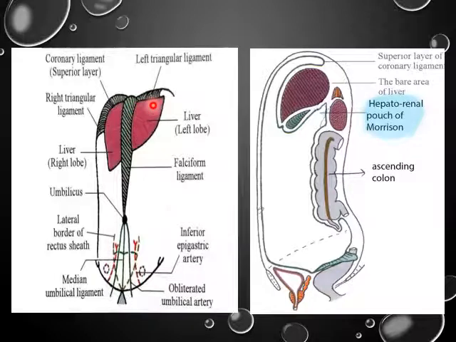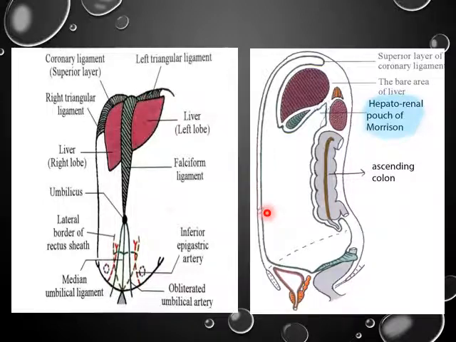After reaching the superior surface, it is diverging a little bit onto the right lobe of the liver and a little bit onto the left lobe of the liver. The one which is on the right lobe of the liver forms a coronary ligament, once again the superior coronary ligament. The one which is covering the left lobe of the liver becomes the anterior layer of the left triangular ligament. Now moving on to this diagram.